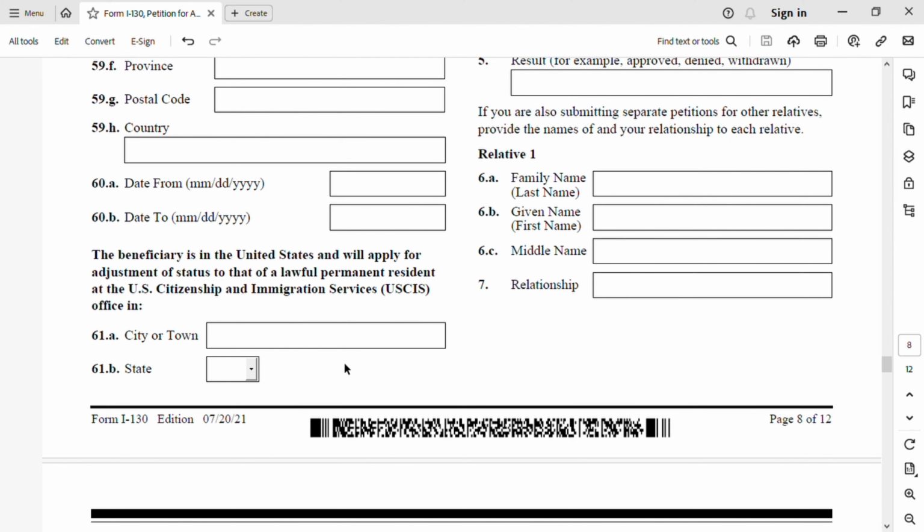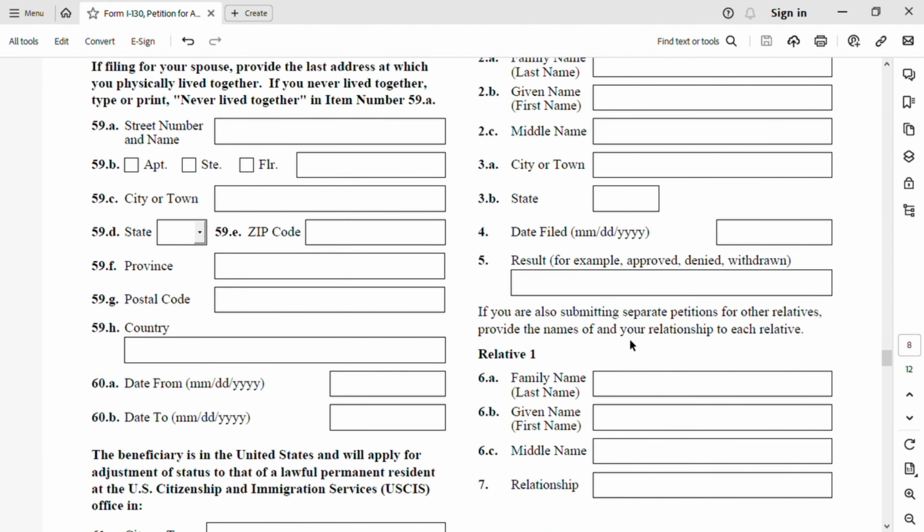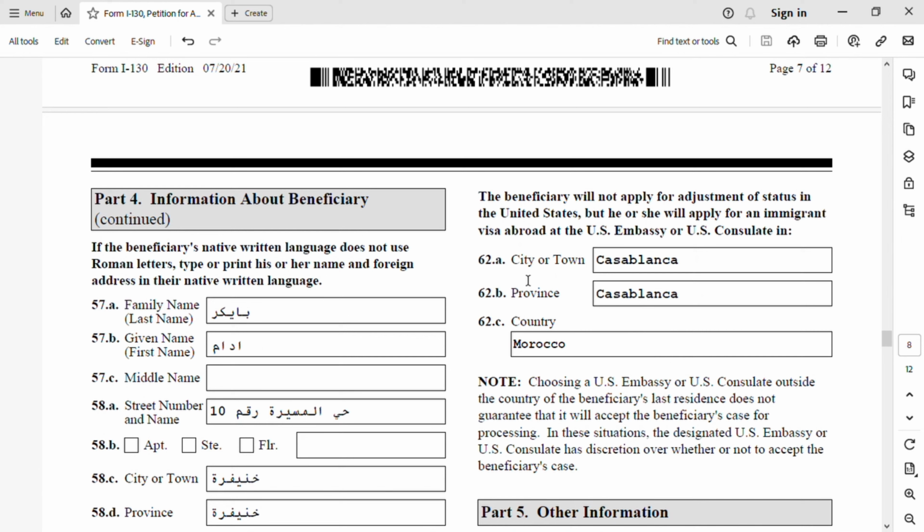They will ask you to file I-130 to move your petition from USCIS to NVC, because they will wait for you to apply for adjustment of status. But in your case, if your child is abroad, this is what you have to select. The beneficiary will not apply for adjustment of status in the United States, but he or she will apply for an immigrant visa abroad at the U.S. Embassy or Consulate in Casablanca,